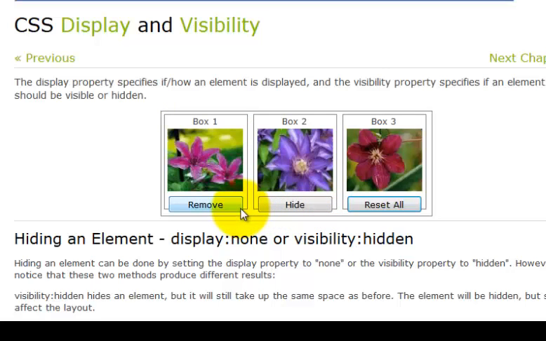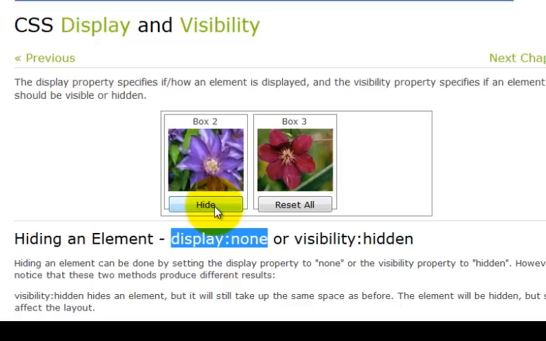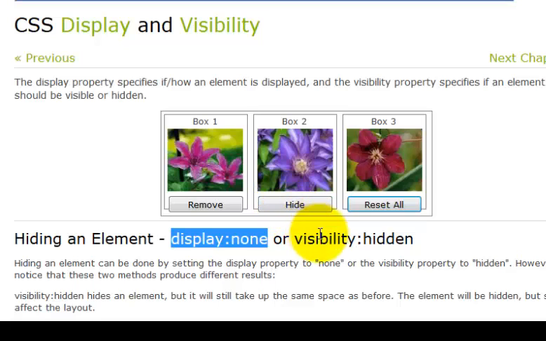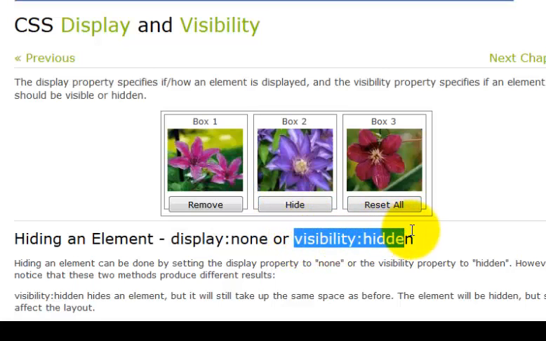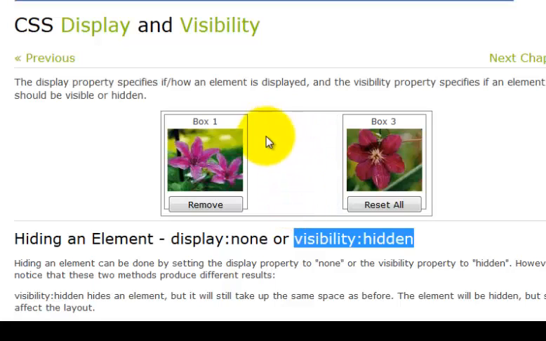And so there are 2 different ways to hide things. One is using the display none item. And if you display none, then the space that is being used by the item disappears along with the item. So right here, display none, everything contracts and fills the space. Whereas if I say visibility hidden right here, then I'm going to hide this image, but you'll see the space is still there. Now again, you're not going to really do this all that much until you have the ability